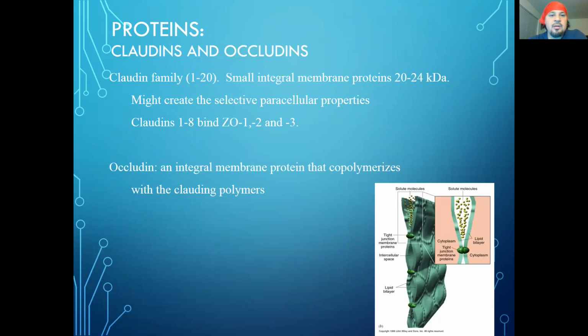The proteins that are included are claudins and occludins. The claudin family ranges between 1 and 2, which are small integral proteins. They create selective paracellular properties. Specifically, some key points are proteins 1 through 8, which bind to ZO-1, 2, and 3. Other proteins, occludin, which is an integral protein that